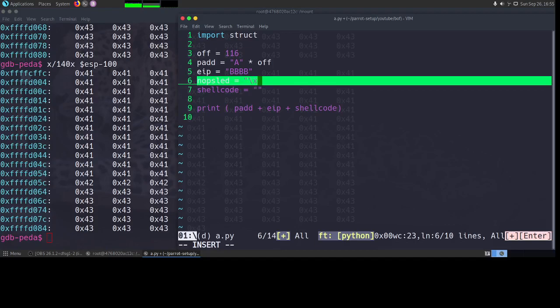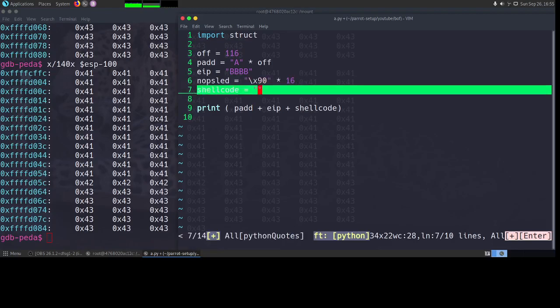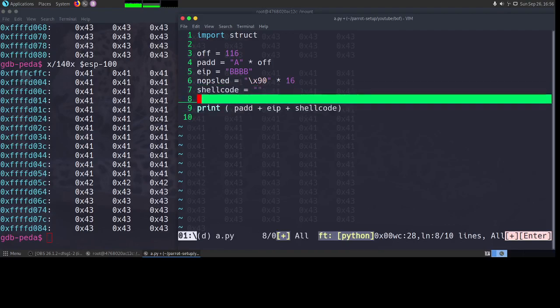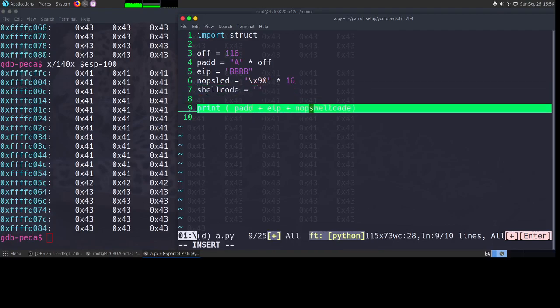NOP sled is nothing but \x90. This basically means a NOP in assembly language, at least for Intel. And then we will probably put 16 NOPs, just to be sure that when we jump from EIP, it lands in our shellcode properly. Okay, so I can say NOP sled here.